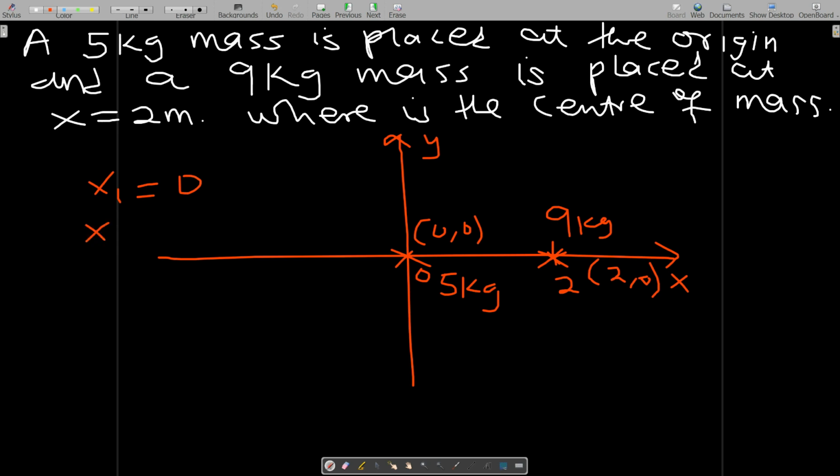My x2 at the point x equals 2 meters is what? 2. Now at x1, my mass 1 is equal to what? 0. Is it 0? No, it's 5 kilogram rather, 5 kg. And at x2, my mass 2 is equal to what? 9 kilograms. Okay,